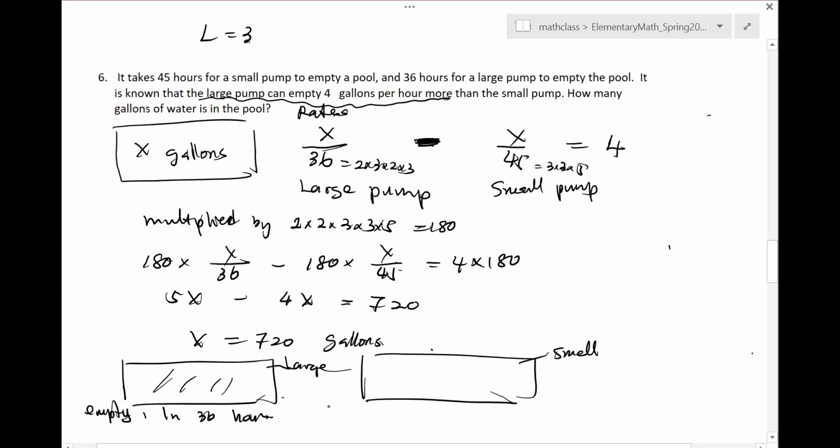For the small pump, it takes an additional 9 hours, right? So there's some left here. We don't know how much is left. So in addition, it takes 9 hours, and 9 is 45 minus 36. So 9 hours to empty